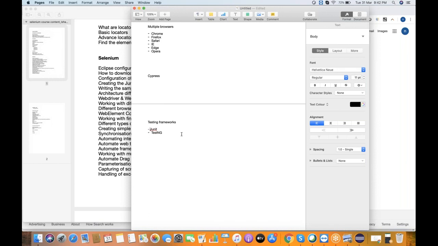I've heard about JUnit many times, more than TestNG, as we are not currently working on something. So you can suggest whichever is a better one. Otherwise, we'll go with JUnit.